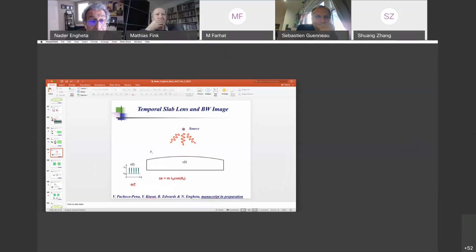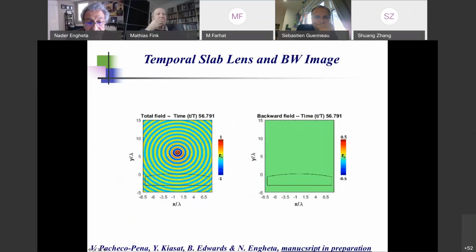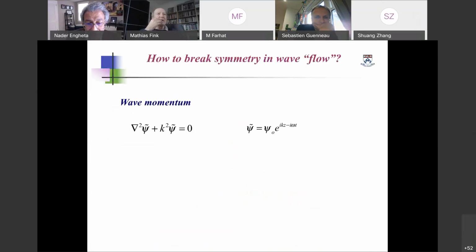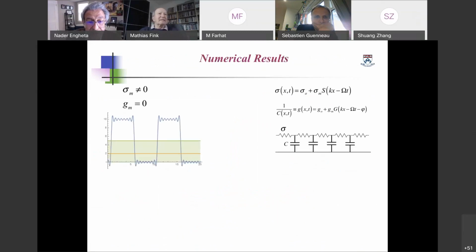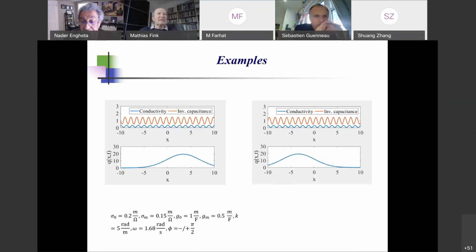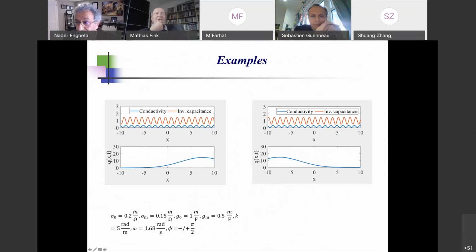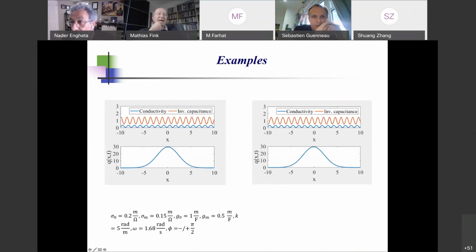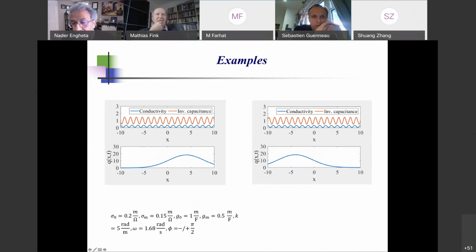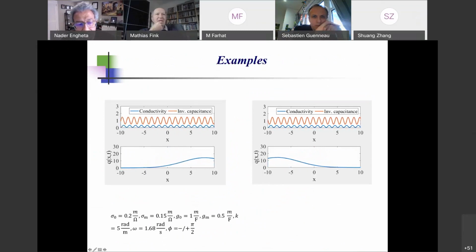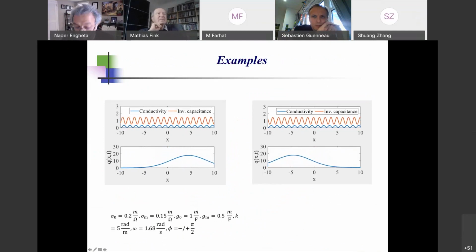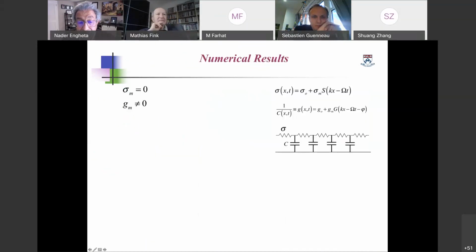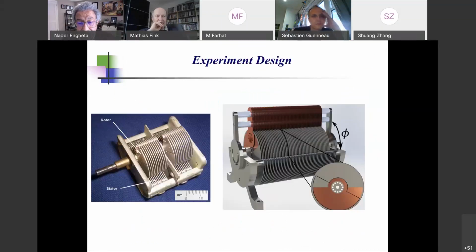Let me go to this slide. Let me go to the end of it, because that may have some answer to your question. One second. So for example, Matthias, let's take a look at this one. This, of course, is the analytical results that we are plotting over here. And you notice either the diffusion goes in this direction or the diffusion goes in this direction. Okay, that's fine. But when we actually look at this,